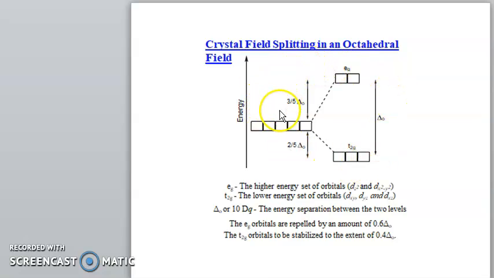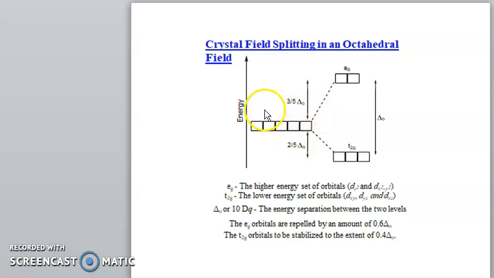So here is one diagram. Here you can see these five d orbitals: 1, 2, 3, 4 and 5. These are your d orbitals. Here they are not filled with electrons; these are empty orbitals. For your information, these five empty orbitals are the d orbitals, namely dxy, dyz and dxz, and dx square minus y square and dz square.